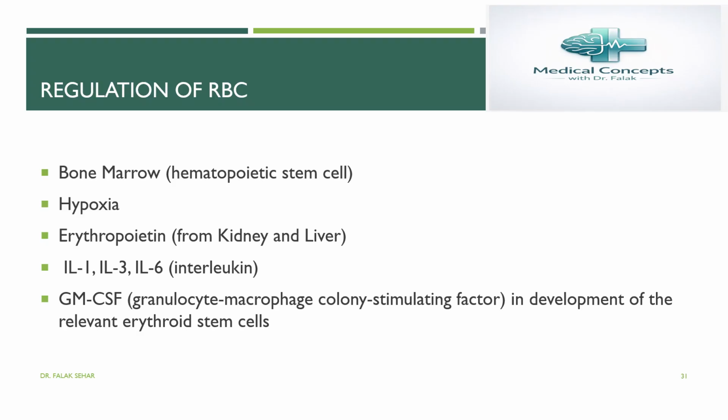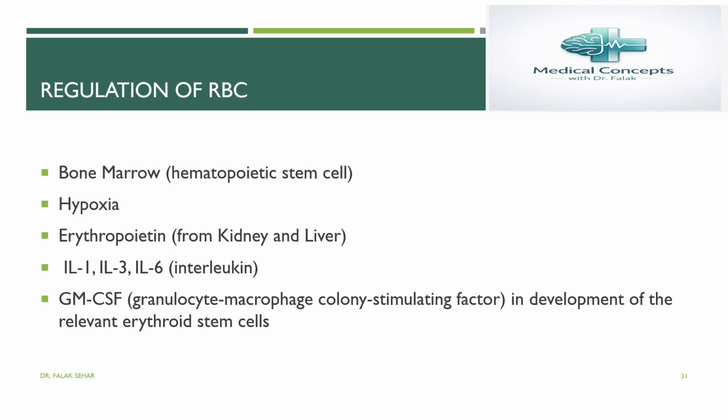In addition, various cytokines, including interleukin 1, 3, and 6, also support erythropoiesis. Another important factor is granulocyte monocyte colony stimulating factor, which helps in the development and proliferation of erythroid stem cells. So red blood cell production is a tightly regulated process, mainly driven by oxygen demand and mediated through erythropoietin and supportive